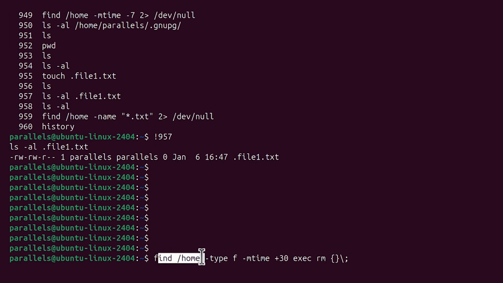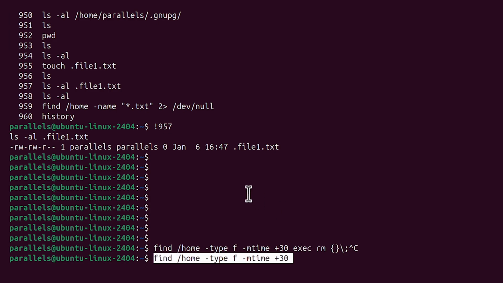What it is doing is finding the files which are present under the /home directory, and then only the type of file, which means only regular files, and then the timestamp of those files being 30 days older with the help of mtime. And then what you want to execute is the rm command to delete those files. So the output of this would be the input of it. So if I execute just this part,